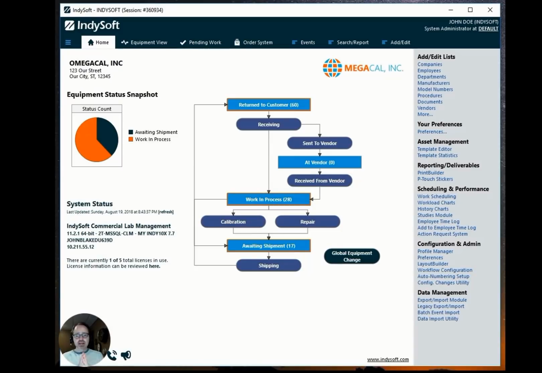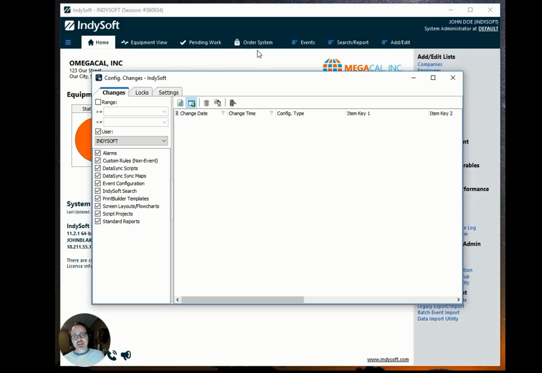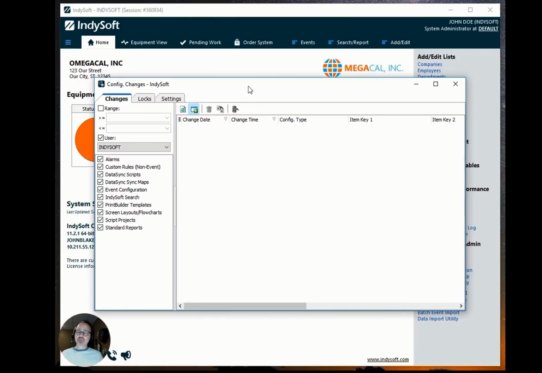Hi, this is Ben, and I'm going to show you around our new config changes and locks utility. So we're excited about this. Let me go ahead and pull it up before I try to describe it. So from the home view, you can map a new hyperlink for config changes. And when that comes up, you can see there's a couple important concepts we're trying to tackle here. Changes to configuration, and then locking